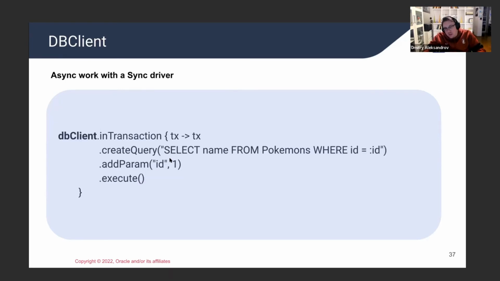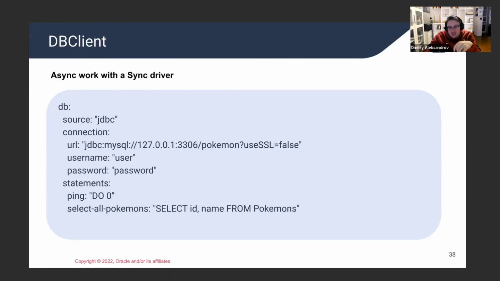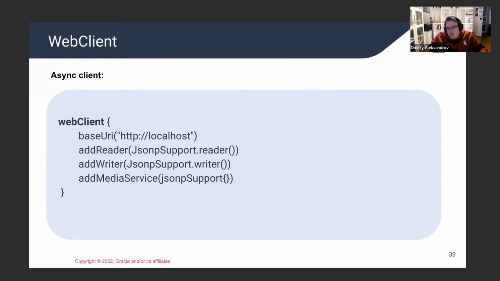The cool thing is that you just use the client, and then in the properties you just specify everything you need about how to connect, and you can even specify statements there. So I will show you in our example, which I specially prepared for you. And since